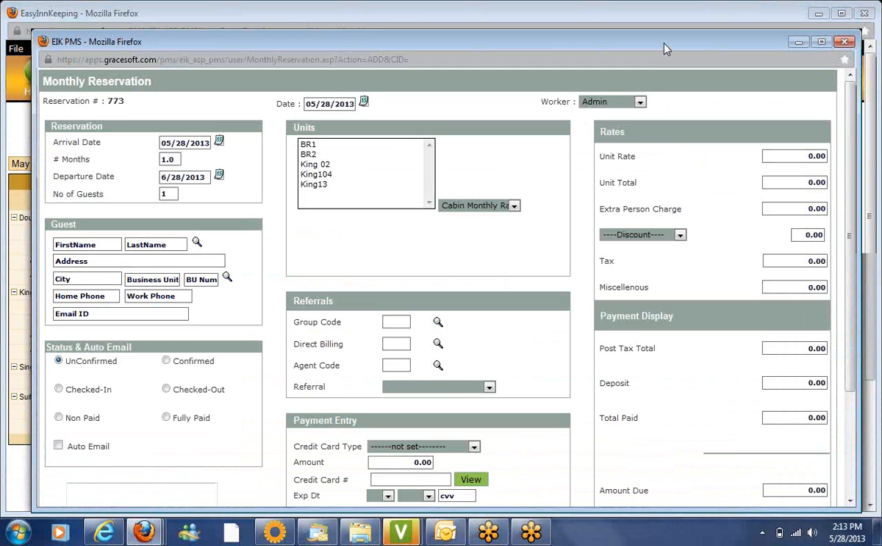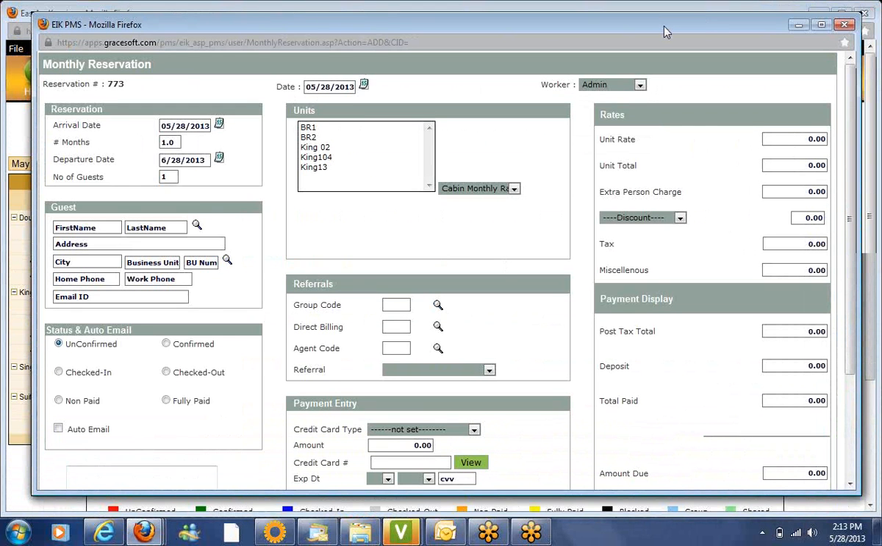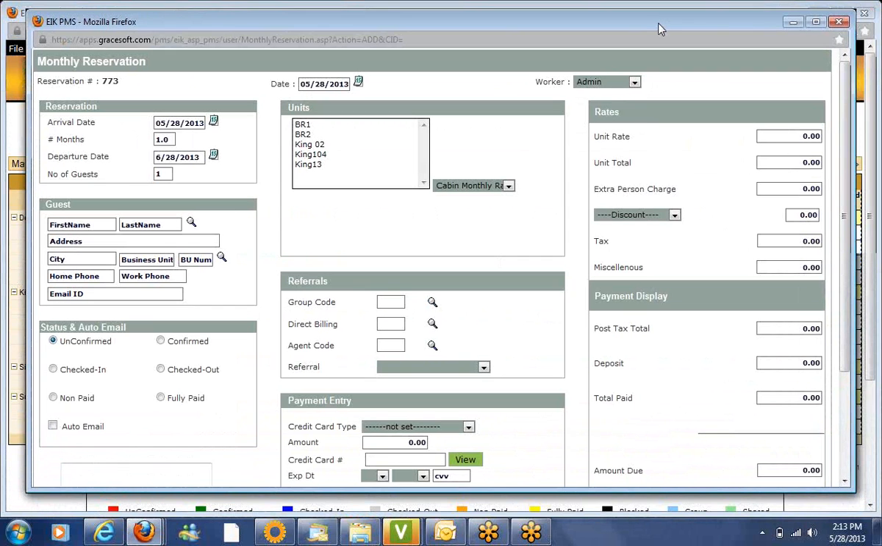Monthly reservation is used only by properties that have long-term rentals, so minimum of a month. So either a month, 3 months, 6 months, or even a year. Could be a condo property, it could be vacation rentals, any property which rents their units for